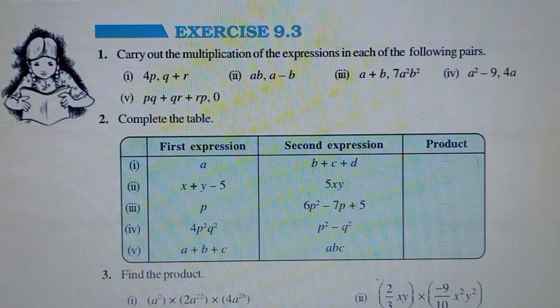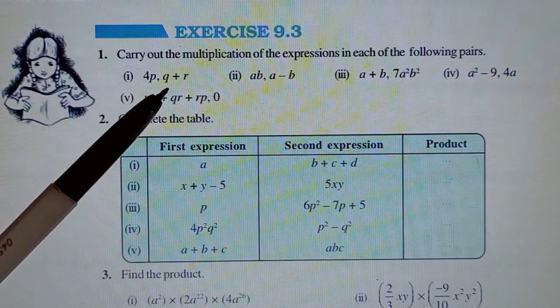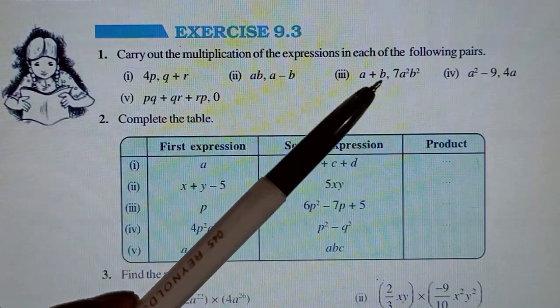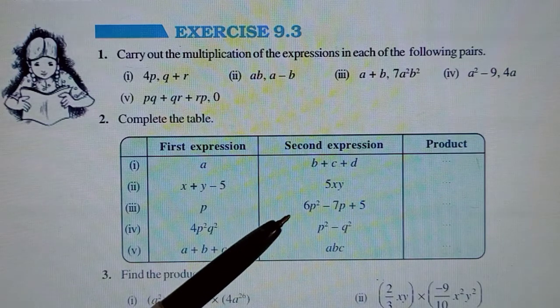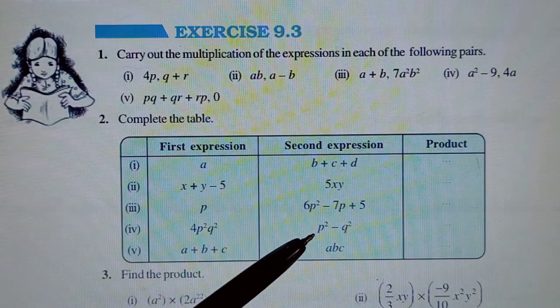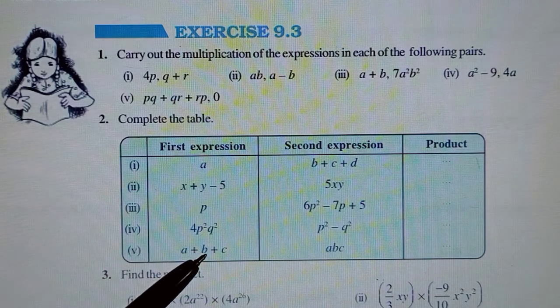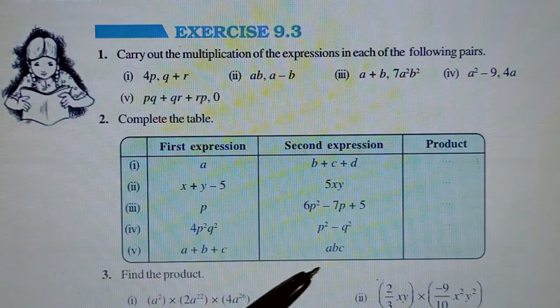Class 8. Today we are discussing how to multiply a monomial, a single term, with a polynomial. That can be a binomial, like in the first question, where binomials have to be multiplied by monomials. In question number 2 you might have a trinomial. The same idea is carried over. You have a trinomial here, a trinomial here. This is a binomial with a monomial, a trinomial with a monomial.